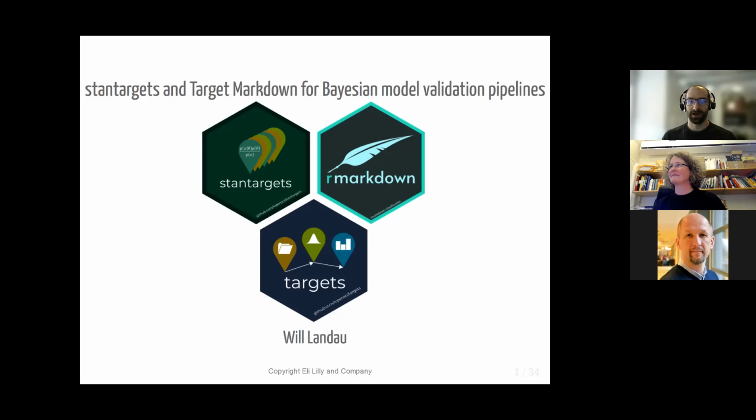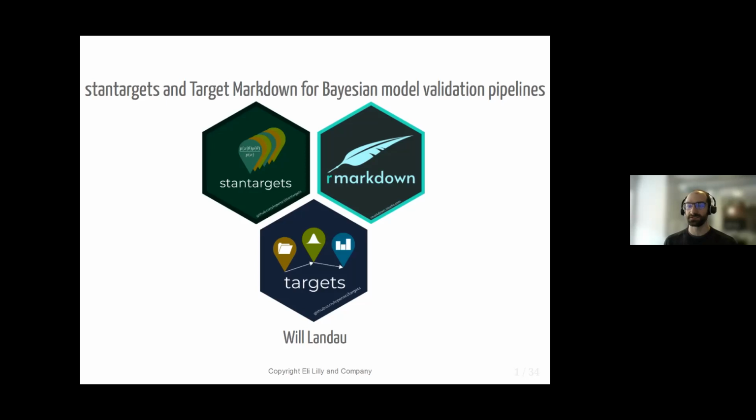Today, I'm going to be talking about the targets ecosystem as it applies to Bayesian statistics, specifically with Stan. You mentioned the Bayesian workflow talk, which is coming up next, and I think that's a really nice segue from this talk, because what I'm going to talk about today are some of the computational aspects of the implementation side of Bayesian statistics, whether it's analyzing a few data sets with a few different models or running a simulation study to examine the behavior of a model that you're developing. And I have an extended example on that to share.